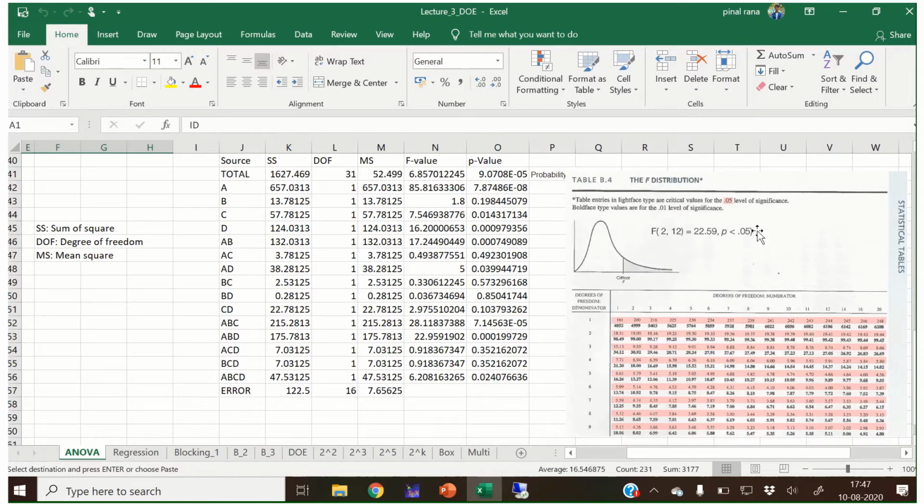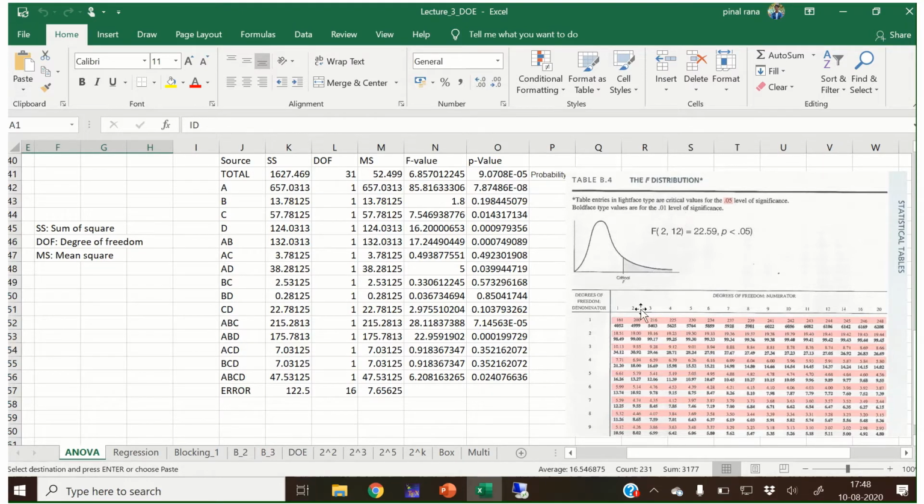Okay, so now you must be thinking, what is the use of this p value? For any specific value of degrees of freedom and sum of square, from these two values we have a table, and for any specific value we can find the p value, which follows the normal distribution.